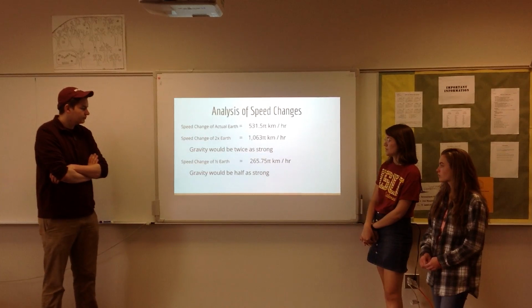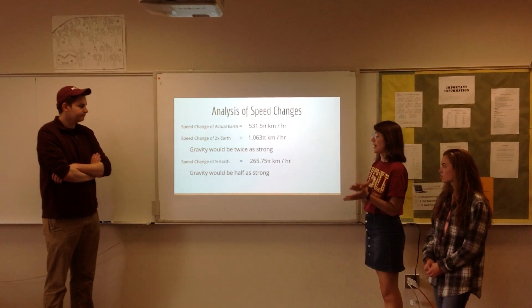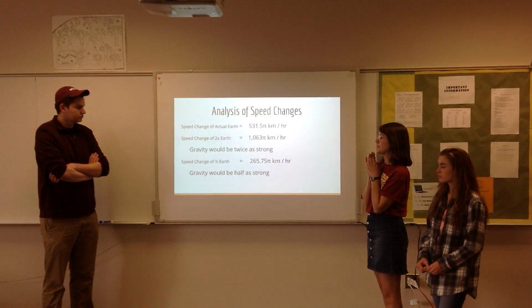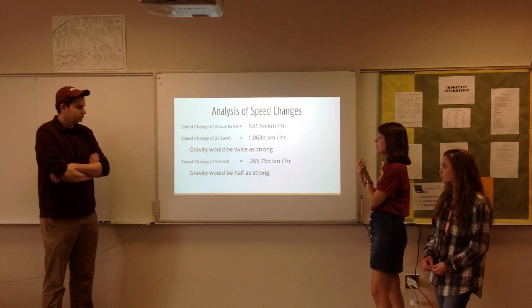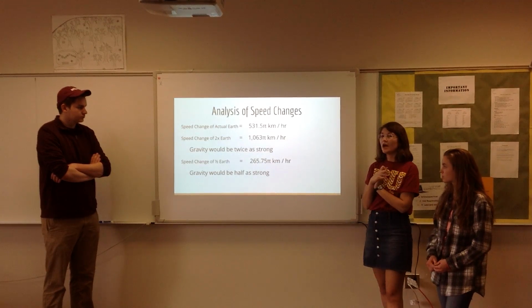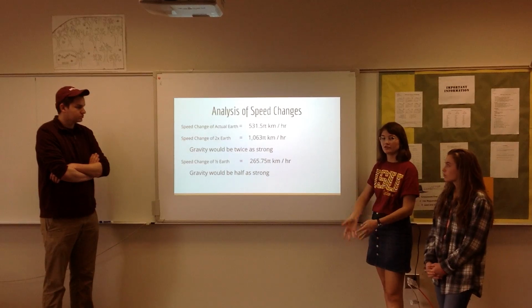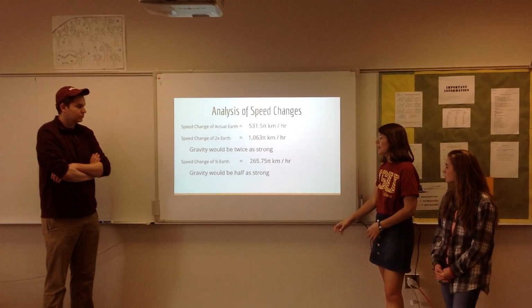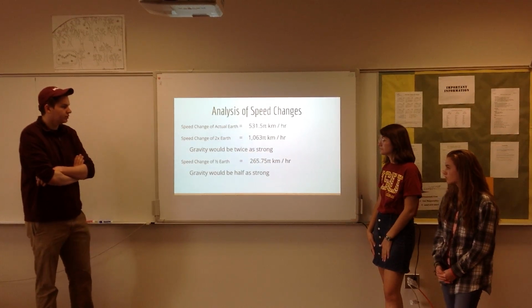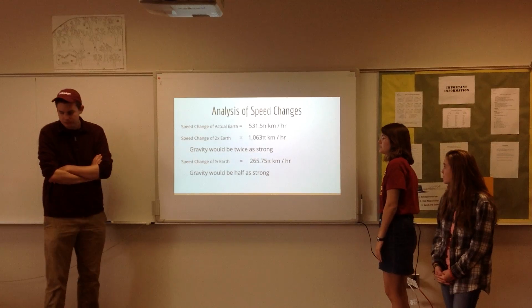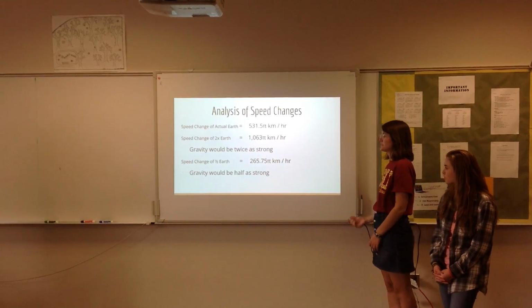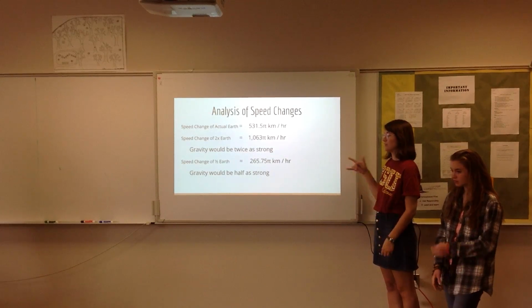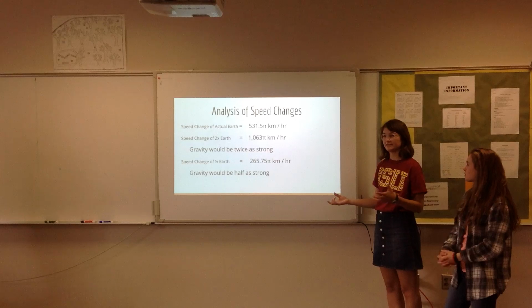So then if the radius were half as large, the linear speed would be half of what the Earth's is now, and so gravity would be half as strong. And so plants could grow really tall because gravity wouldn't be stopping them from growing taller. We'd also have a smaller atmosphere. Yeah, so it would affect our breathing and stuff. So what we found from this is that because our Earth is how it is, we're able to survive, and it would be way different if we had a different Earth.